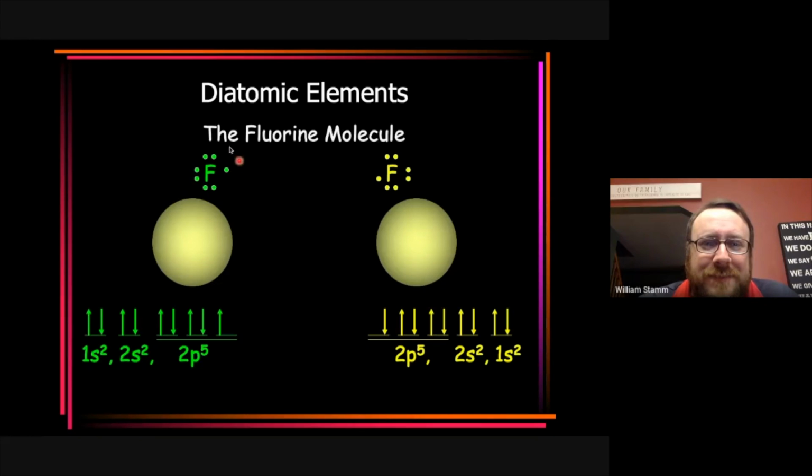If you notice, it has 7 valence electrons, and so does this fluorine. If you draw the Lewis dot structures, this 2p5 area has 5, and there's 2 here in the 2s. So in the second energy level, there's a total of 7 electrons. This one has the same thing. It's the same atom, basically. It has 7